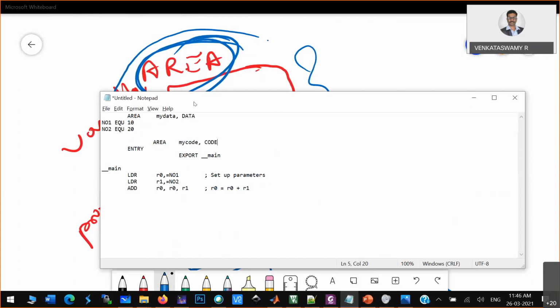Area is an assembler directive, and data is the keyword. MyData is basically the variable area name; we can give any name here, followed by data. Whatever you define inside are all variables.